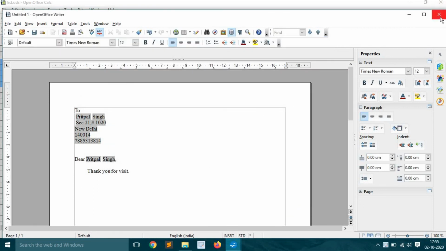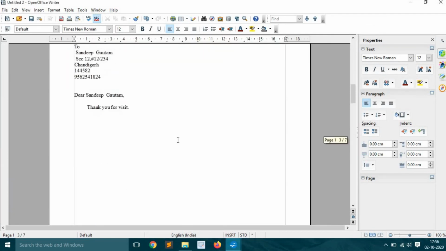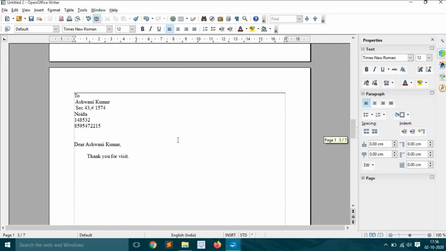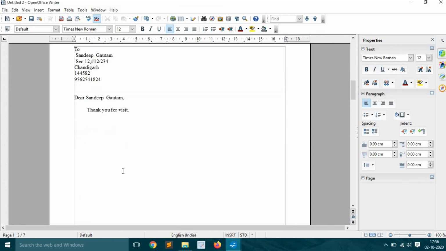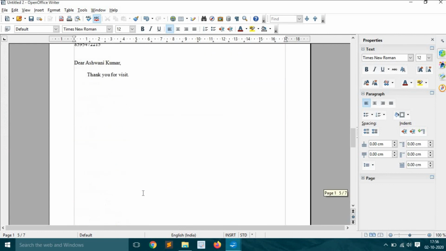And again I am going to close this window. So here you are getting all of the documents available now with the merged values. Okay, again from the first document, I am going to scroll. This is my first merged document, second merged document, third merged document, and fourth, last one merged document.